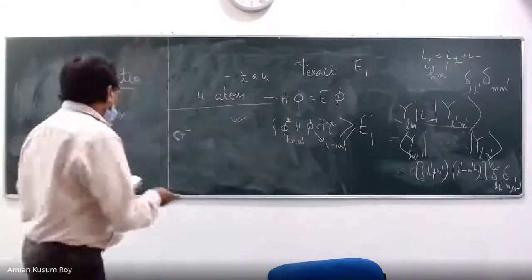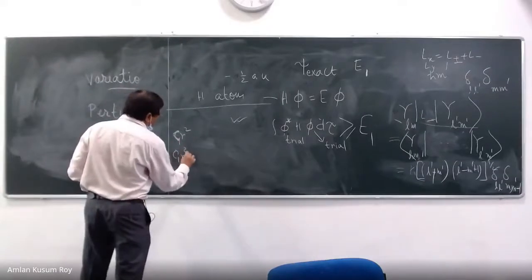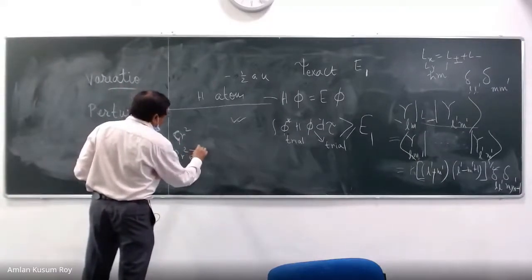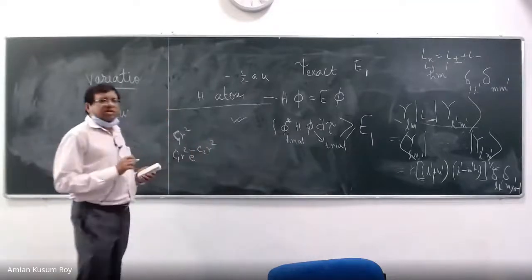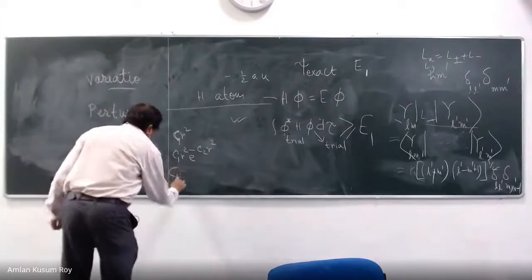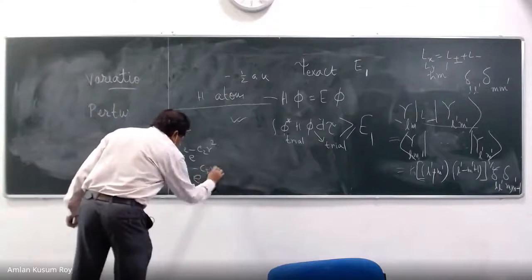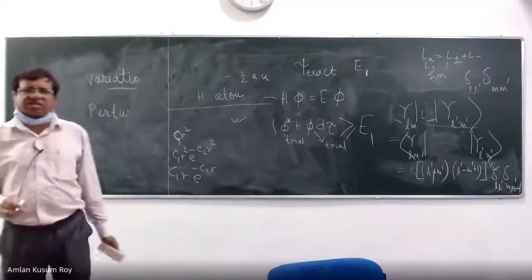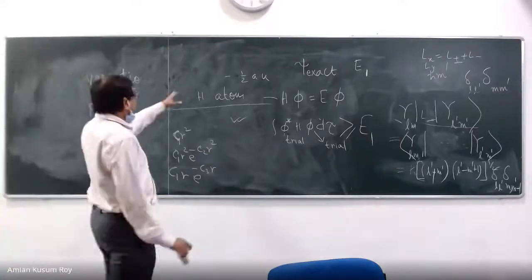I want to take some another constant C1, so C1 r square e to the power minus, say, C2 r square. I want to take that kind of function. Or say, C1 r C2 e to the power minus C3 r. I can create all kinds of functions. So what is the implication?